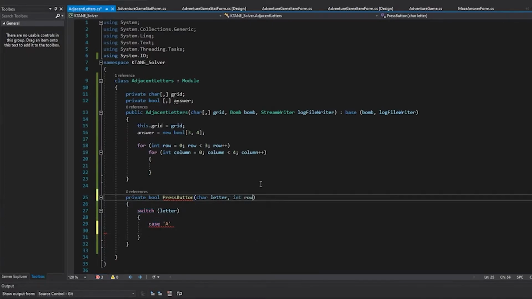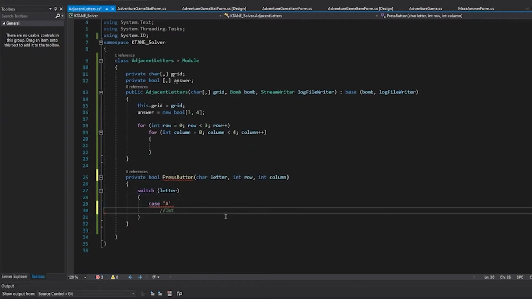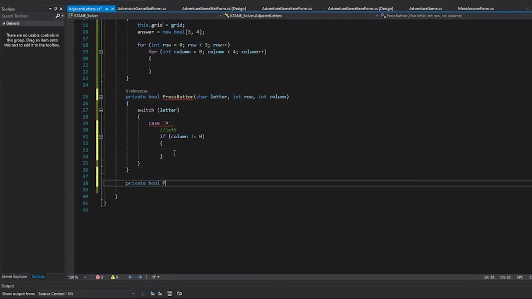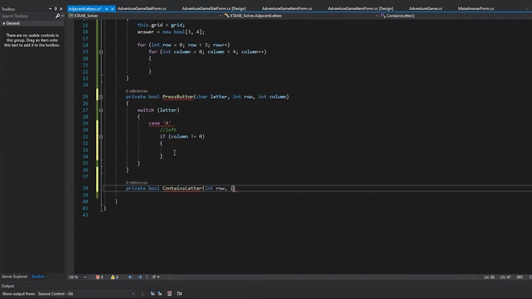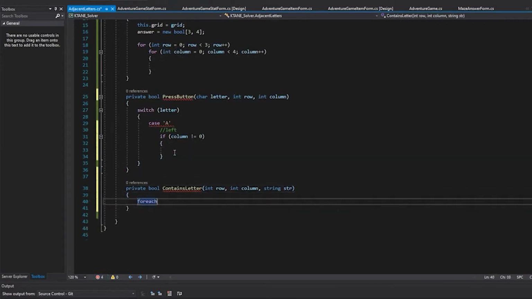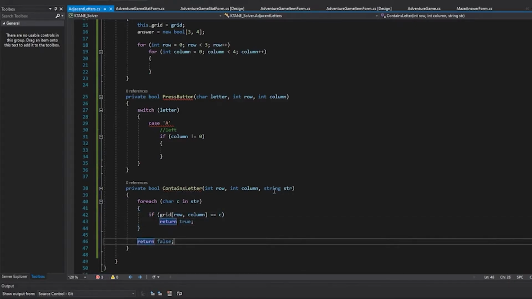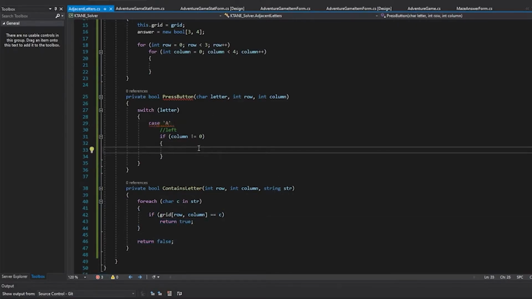There are 4 of these methods because of the 4 possible directions to look: left, up, down, and right. I had each method return a boolean, true if it should be pressed, and false if not. As long as one of these methods returns true for a letter, then that position will be marked as true in the answer array. This process is gone through each letter in the 2D array using 2 for loops. The answer array will then be used to fill out the answer form.